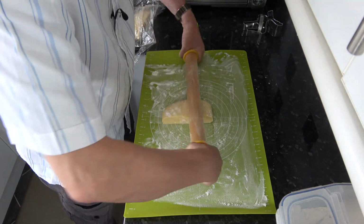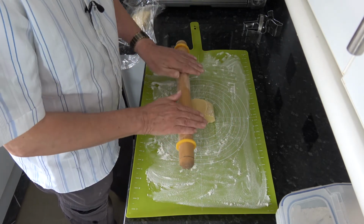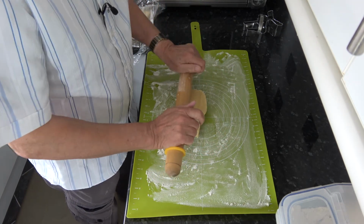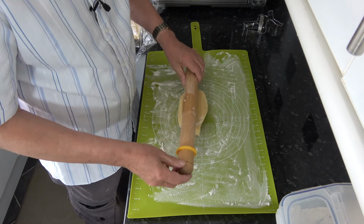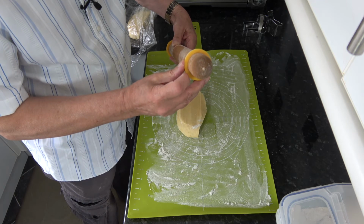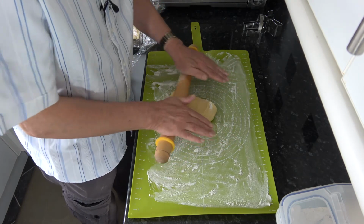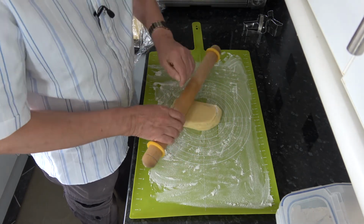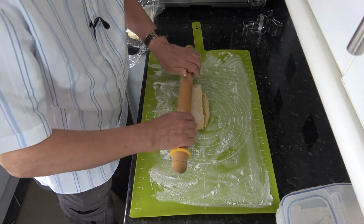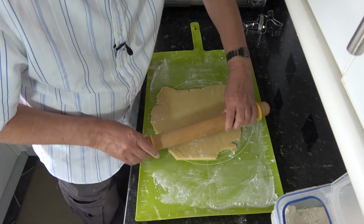Now the idea is that we're going to roll this out to about 1/4 of an inch in thickness, if we can. And because it's cold, it's going to take a bit of working. I have put on here these rubber rings which are 1/4 of an inch deep, so if I can roll this out to that thickness, that will be perfect. And having rolled it out to about that thickness,